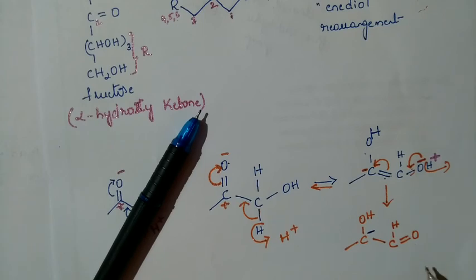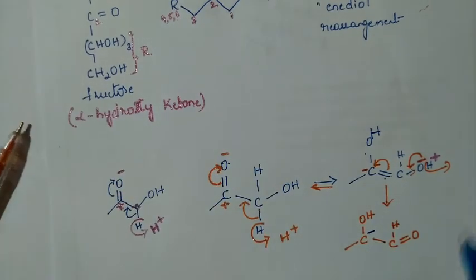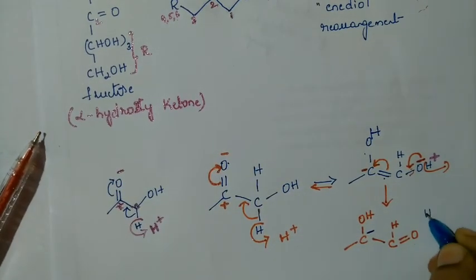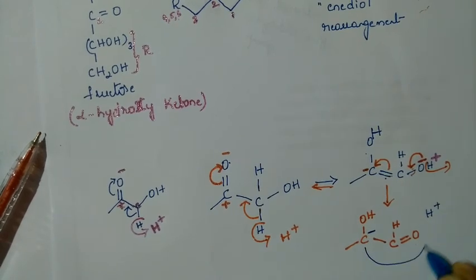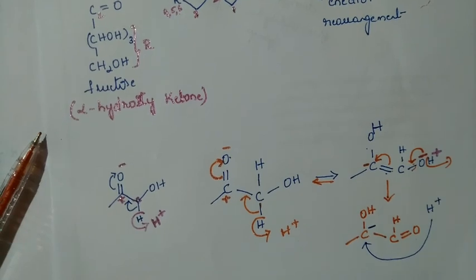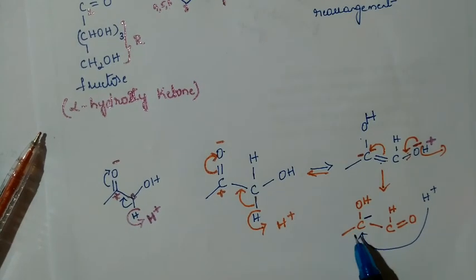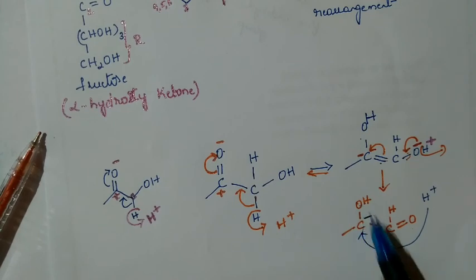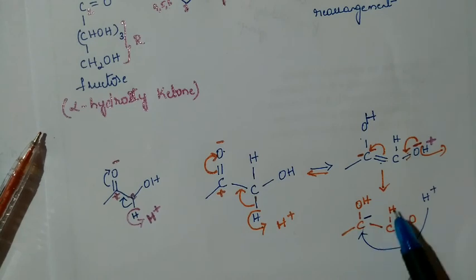We have an H plus ion in our group. So the C minus attracts the H plus. That is called reprotonation. So it is CH, OH, a single bond to C, and a double bond O with H. What is this group? The CHO group, which is called the aldehydic group.